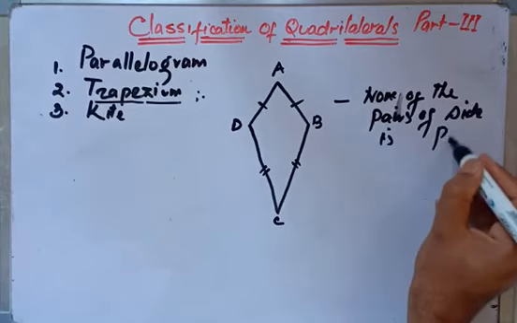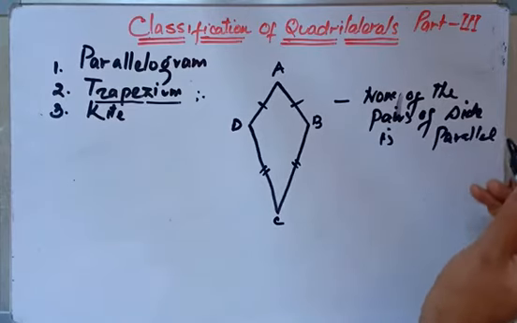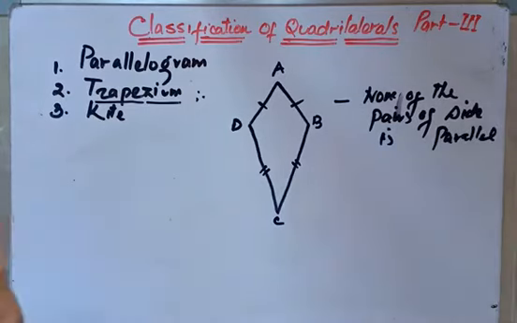Right, is parallel. Okay, so we can say that in a parallelogram both pairs of opposite sides are parallel. In a trapezium only one pair of opposite sides is parallel, and in a kite none of the pairs of opposite sides is parallel. So in this, no side is parallel, right? Okay, then there is one more important property of